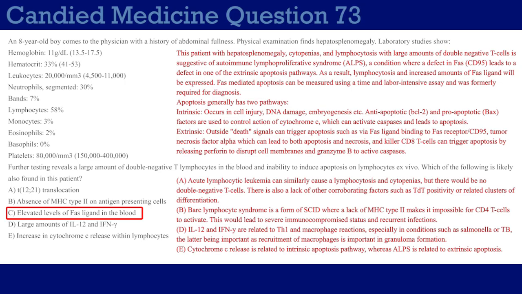Choice E, increase in cytochrome C released within lymphocytes. As we discussed earlier when we were going through different kinds of apoptosis, this is describing intrinsic apoptosis, right? Mitochondria are kept in check by BCL2 and BAX genes. And if a cell needs to undergo apoptosis, the mitochondria will release cytochrome C, which will activate caspases downstream and lead to apoptosis. But as we mentioned with this patient, he has lymphoproliferative syndrome, ALPS, which is extrinsic apoptosis, not